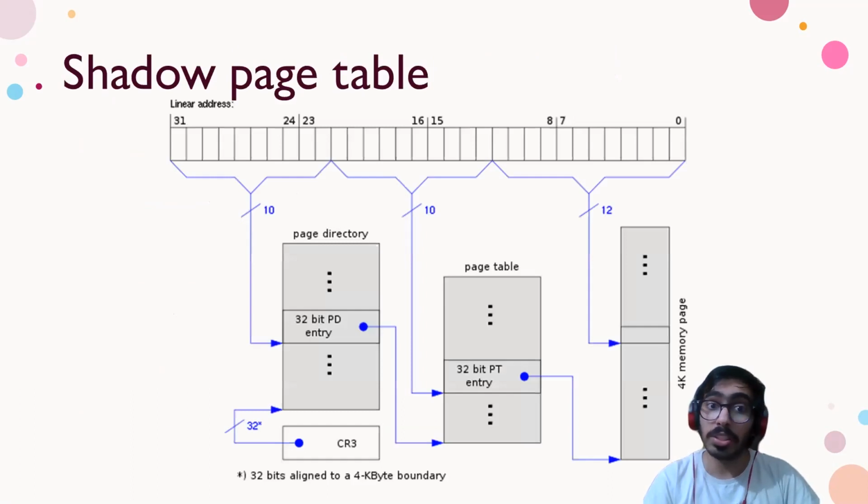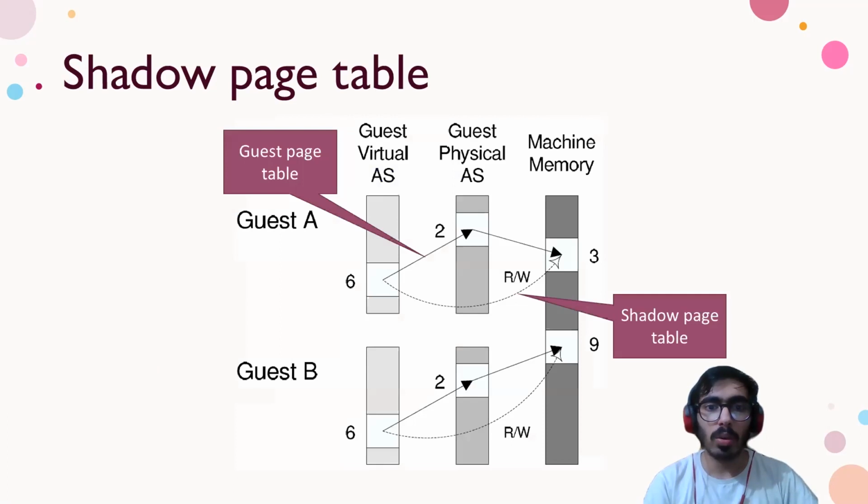So you have to create a shadow page table. So the page table is the set of registers with the page directory and the memory directory and everything. So you have to create a shadow page table so that it doesn't interfere with the actual page table. I would like to correct myself. It's not the register, it's the paging as in memory paging. So as you can see, this is the main table, and now we create a shadow page table.